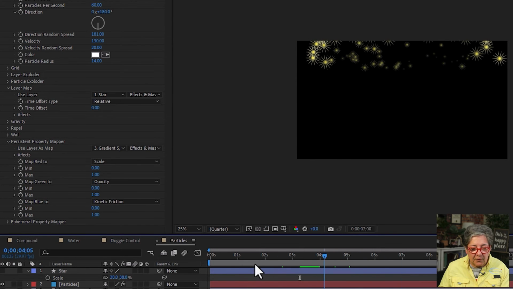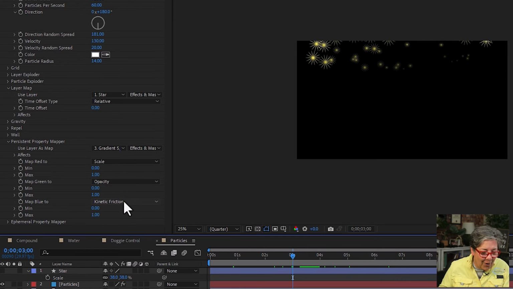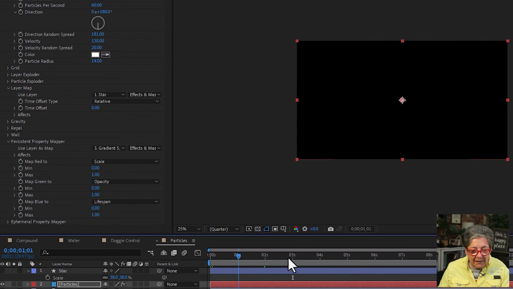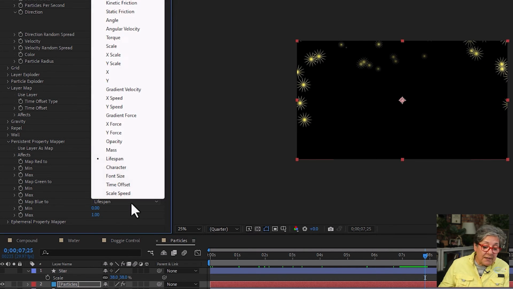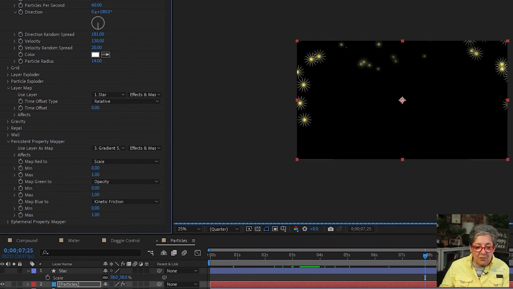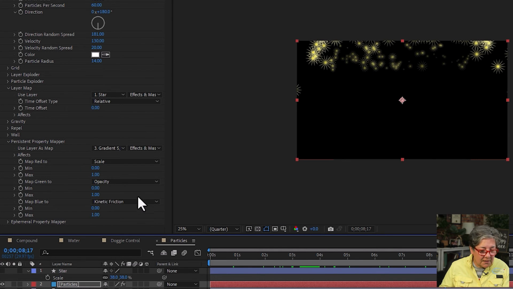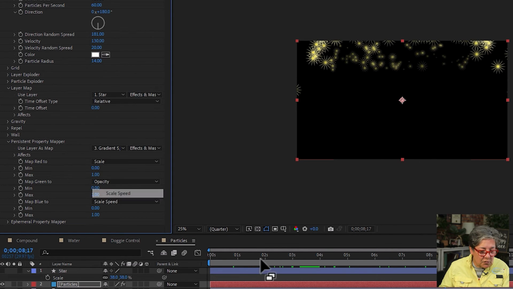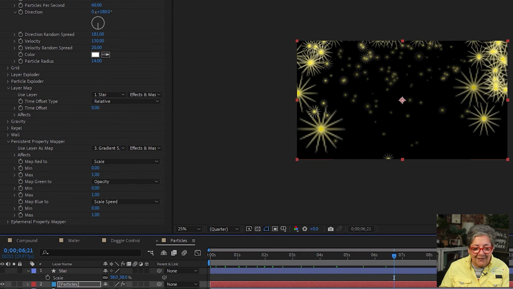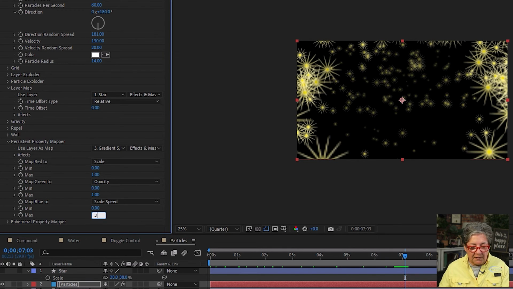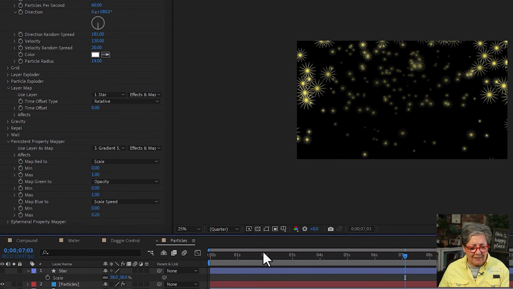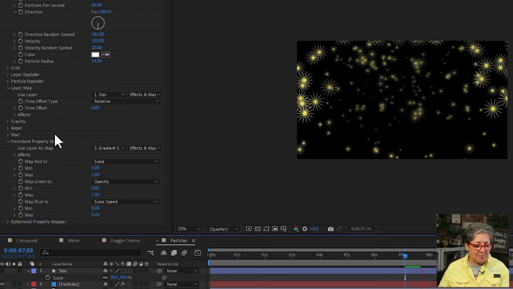Let's do it to kinetic friction. Oh, yeah, now they're not going to fall. They're not going to fall at all. Okay, so how about lifespan? They're just going to die before reaching the bottom, but that's okay. The issue is that you can actually change any of these. Let's do scale speed. Oh, yeah, look at this. Oh, they're awesome. And you can also give it a minimum and a maximum. So the minimum is 0. The maximum is going to be, I don't know, 0.2. Much better. Oh, yeah. Much, much better. And that's the